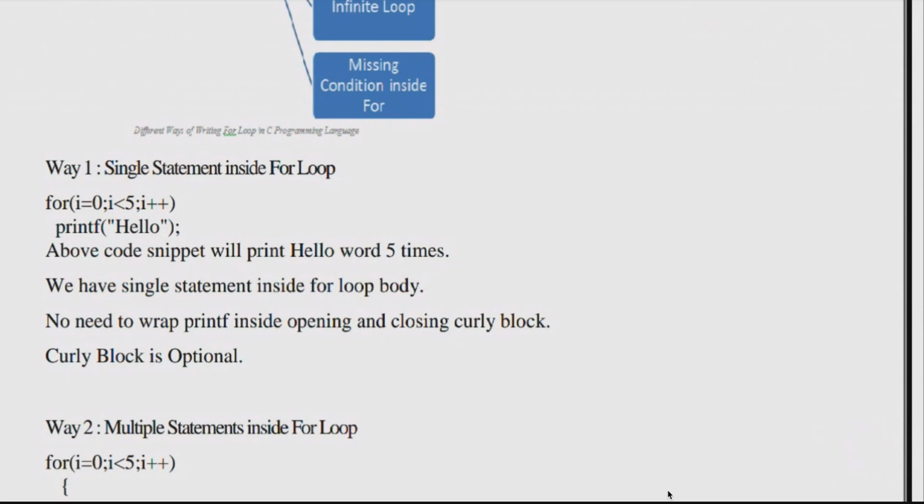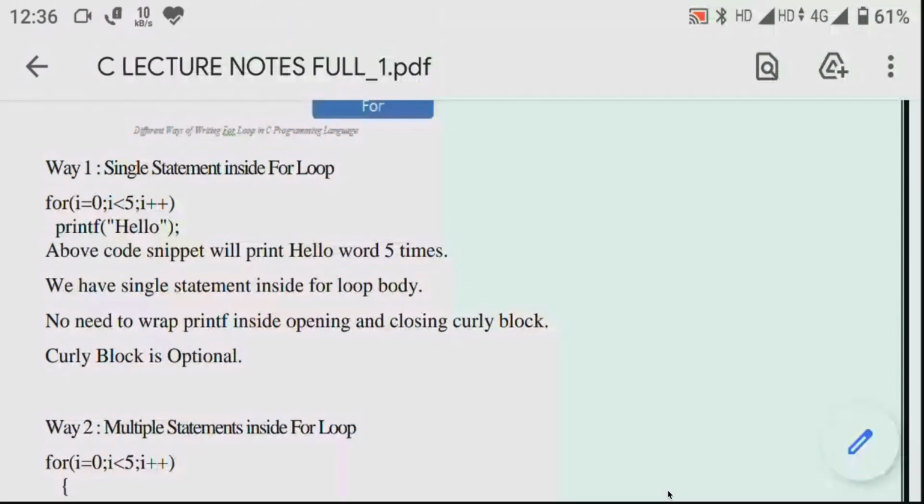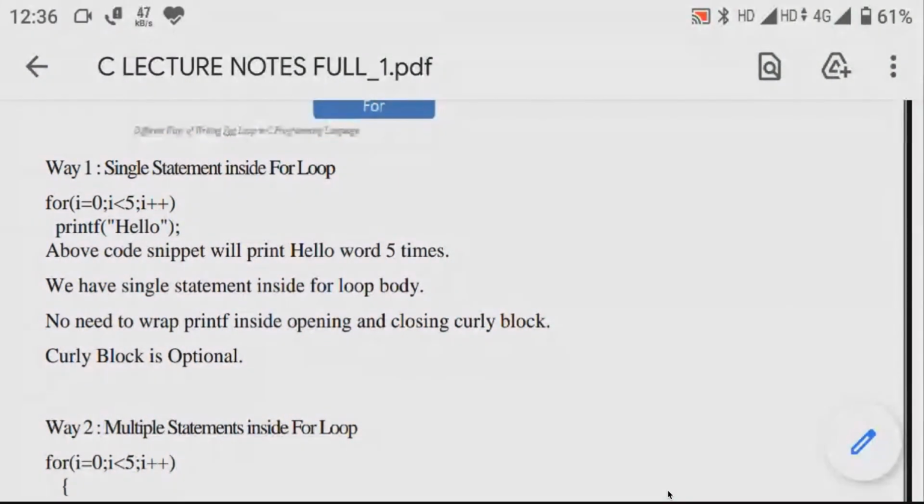Next, again we have the incrementation, after 1 it is 2. Yes, 2 is less than 5. Again it will execute once more. So the third hello is also received. Again increment the i, so after incrementing the i value becomes 3. 3 is less than 5, okay, accepted. Again, it will print hello. The fourth hello is also received. After that, one more increment, it becomes 4. The i value is 4. Yes, 4 is less than 5. Yes, the condition is true.